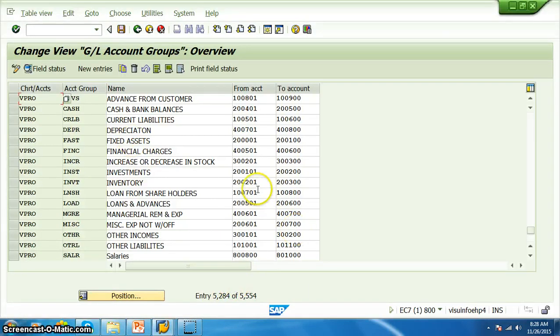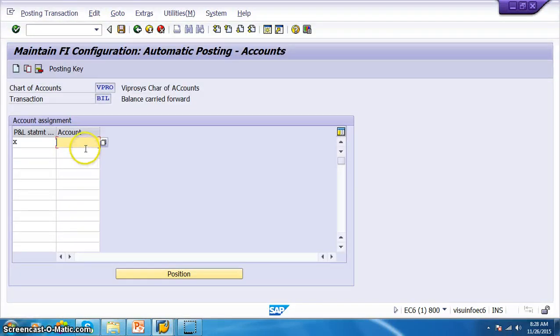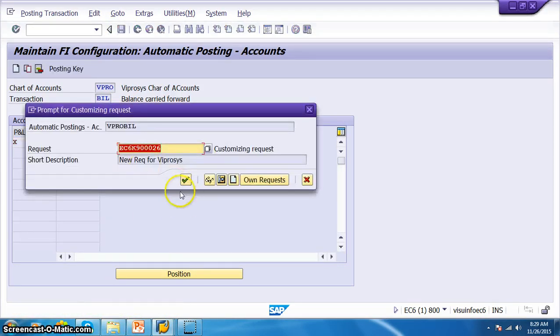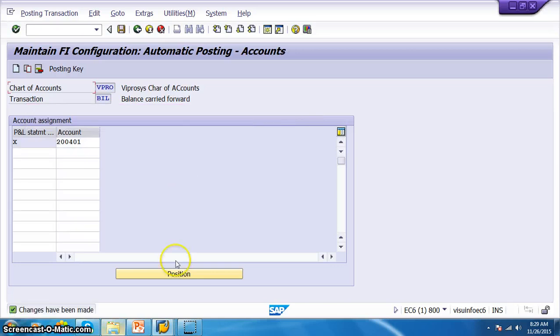So we have something like cash and bank balances, 2004001 to 2005000. I'll take 200401, so I'll give 200401 here. This is a mandatory step. Just ignore this message and click on save. Okay, and then say enter and save this.